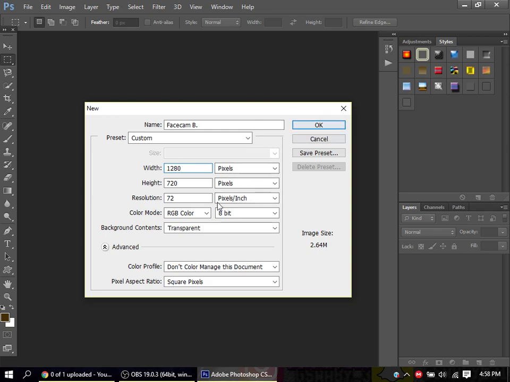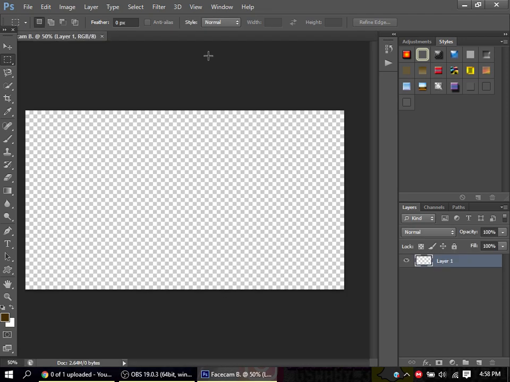Once you're done with all of those settings, you're just going to press OK, and then this transparent background will show up. So that's what we want. What I'm going to do is make this whole thing the face cam border. So I'm going to grab a square from this custom shape tool. You might have a different